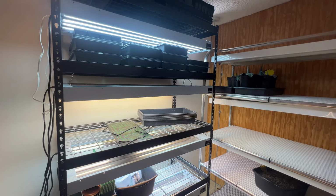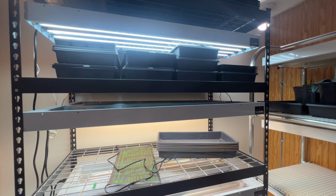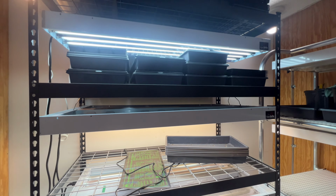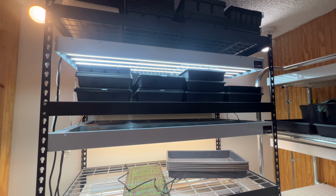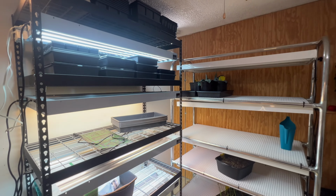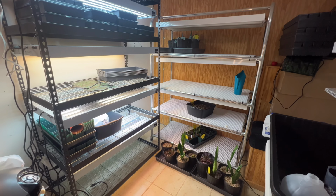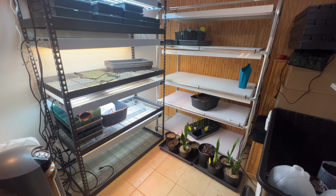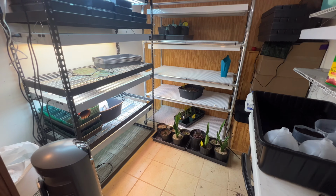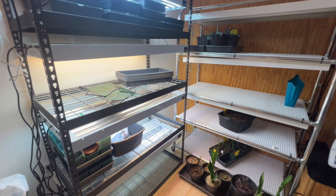But I think that just about does it for my seed starting room. Next time you guys are looking for affordable seed starting supplies, be sure to check out Facebook, check out Marketplace, check out some of the local groups. Just do a search for your local city, such as Dayton. Put in Dayton garage sale, Dayton for sale or trade, stuff like that, and see if you can't find local